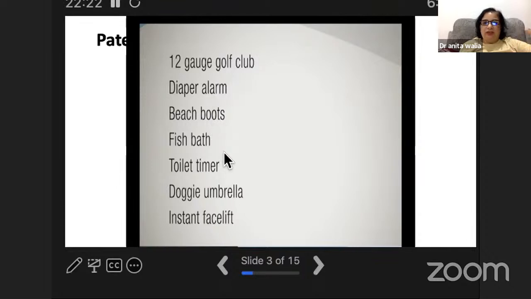Maybe it doesn't seem a very good idea to you, because who would like to have a doggy umbrella? Nobody will say, why do we need it, why will we not take the dog outside in the rain? But because these are novel, nobody thought about it, it's useful and non-obvious, it has become patentable. Most of this doggy umbrella has got a grant also. So not every product needs to be patented.